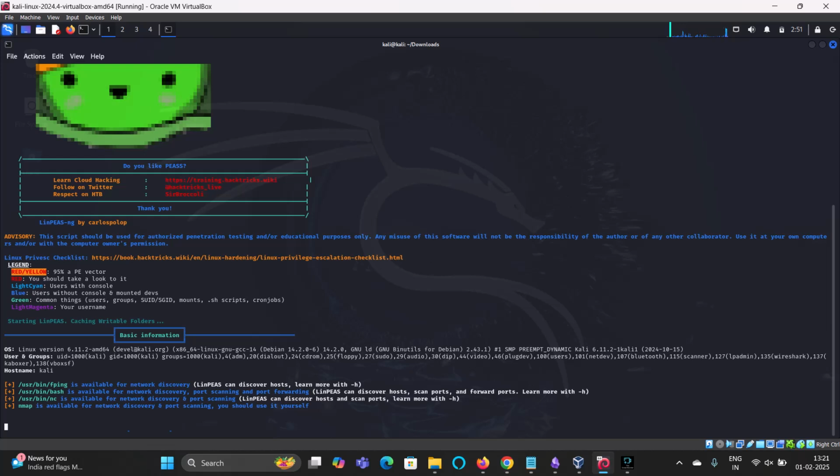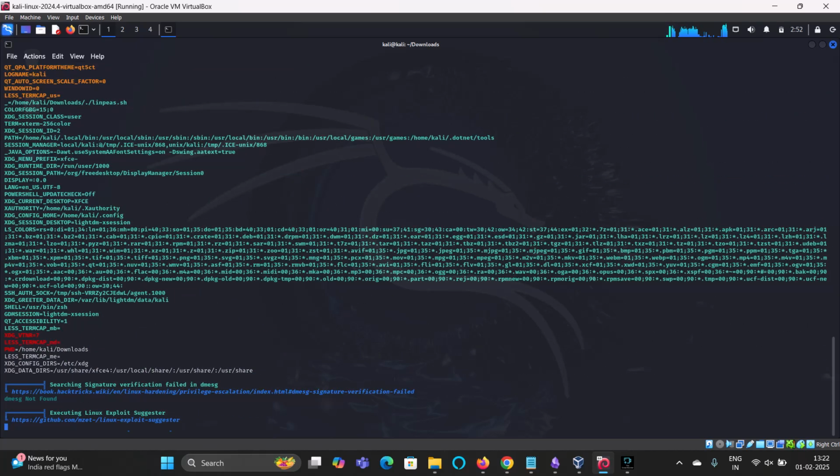After running, you can see it has already gathered the basic information, that is which operating system it is using and what the users are, you can say root user or the Kali normal user. Then you can also see a lot of information it is going to load for you. It is also showing the host name, it is Kali, and it is caching some directories, and it will show us what directories are present in that particular system. After that you can get a hold of that and exploit it using these directories. As soon as you get to know about the directories, you can use them in order to get into the system, right? Look, it is loaded.